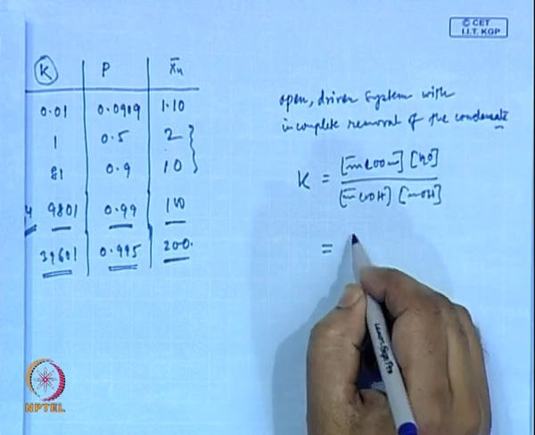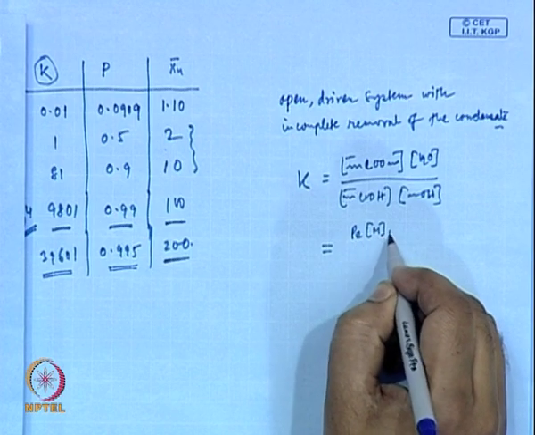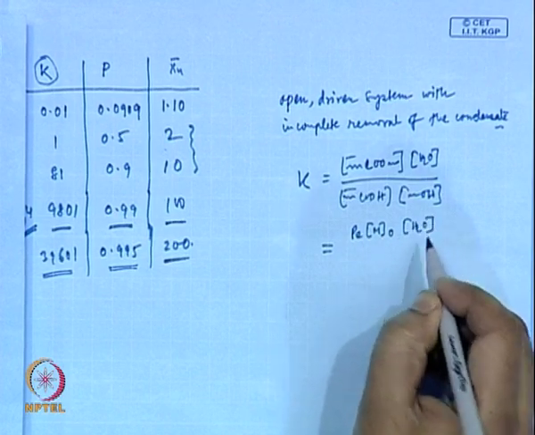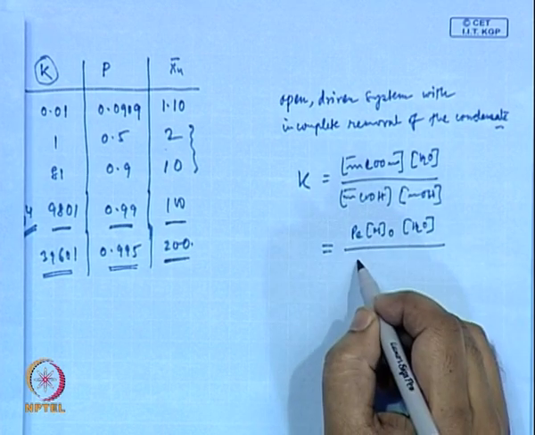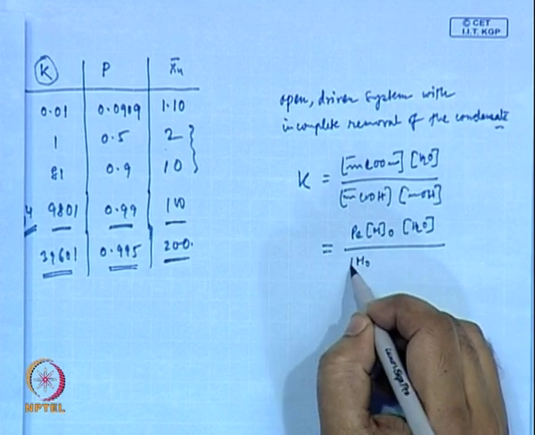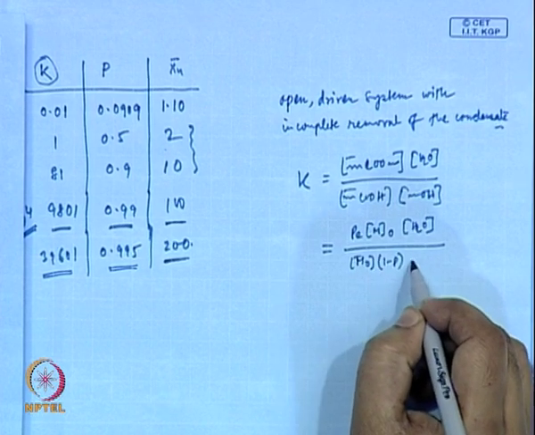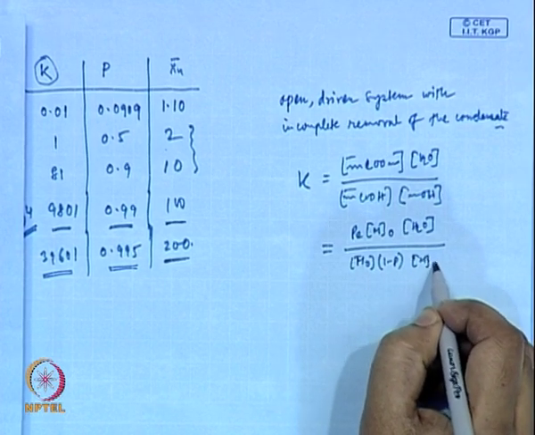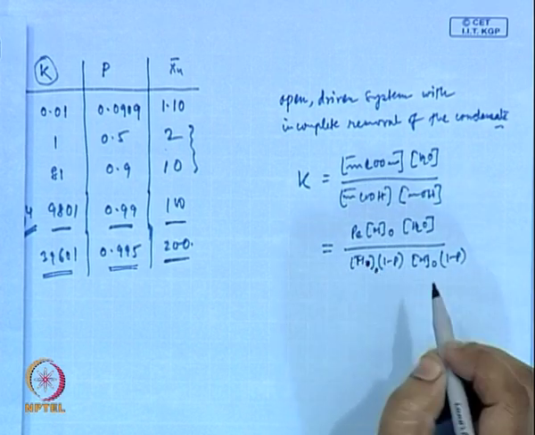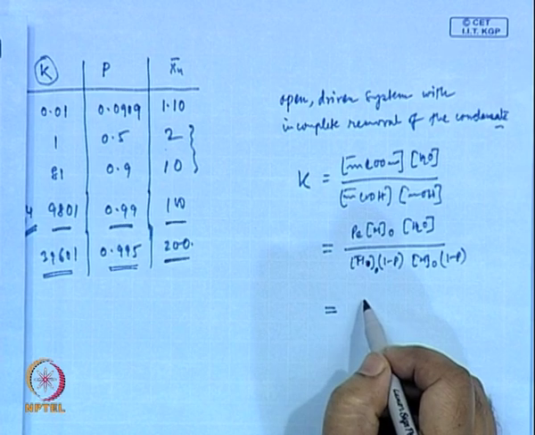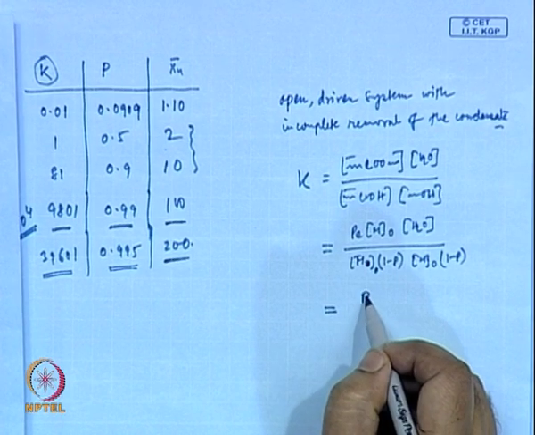So, same thing, PM0. Now, in this case we do not know what is the concentration of H2O. So, we are writing it like this, and it is again M0 (1 minus P), M0 (1 minus P), which makes this as